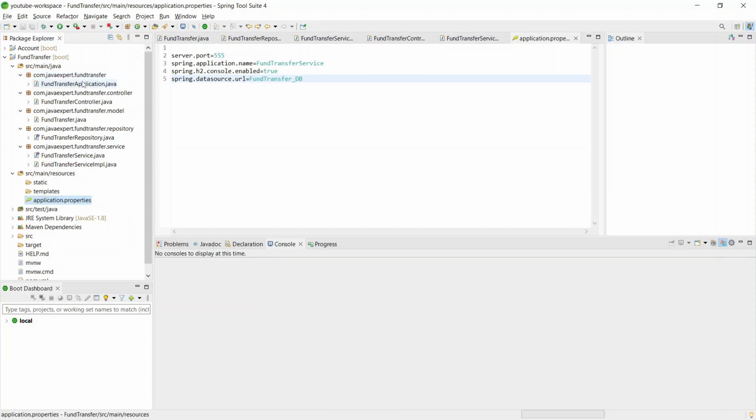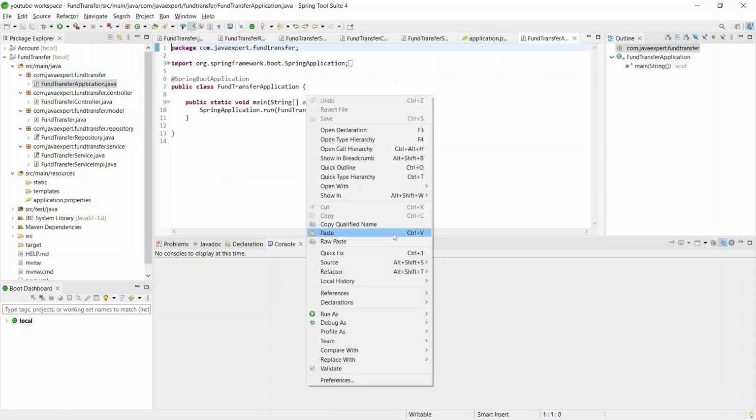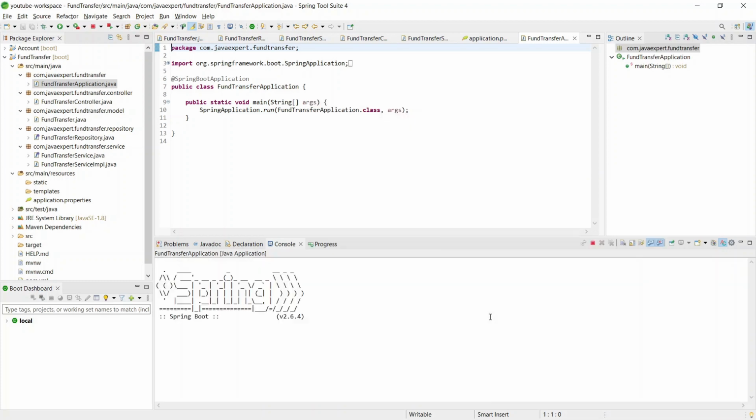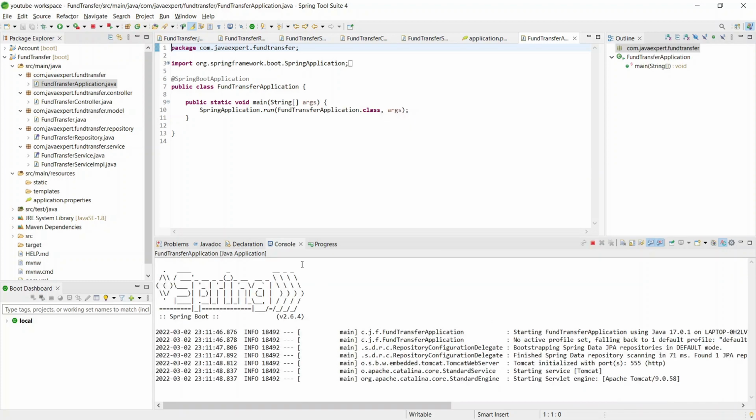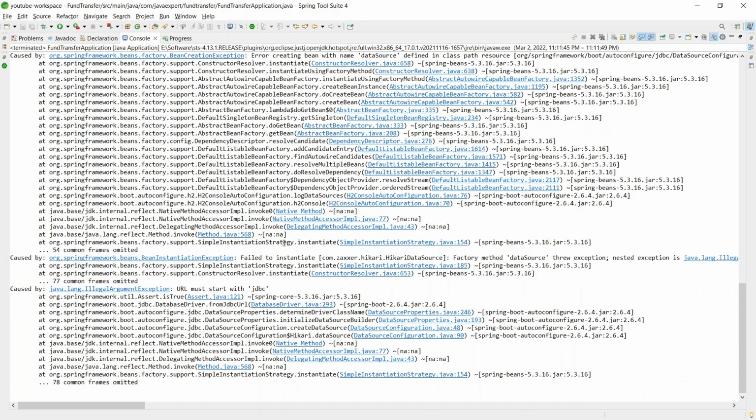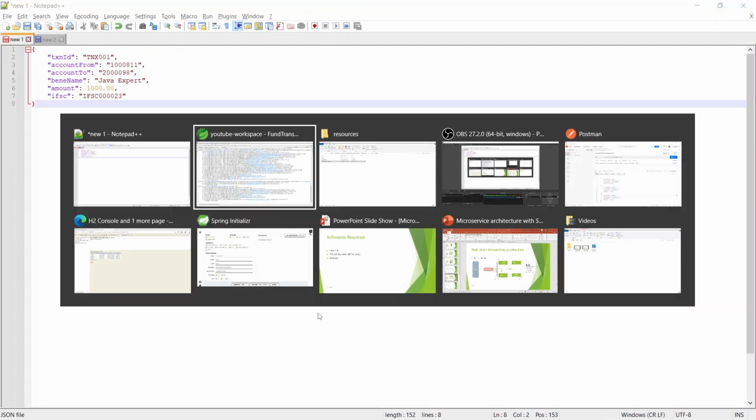I will go to the main class and we'll start our application. Run as Java application. Right. We are getting some error. URL must start with JDBC. Okay. Basically, we have mentioned only